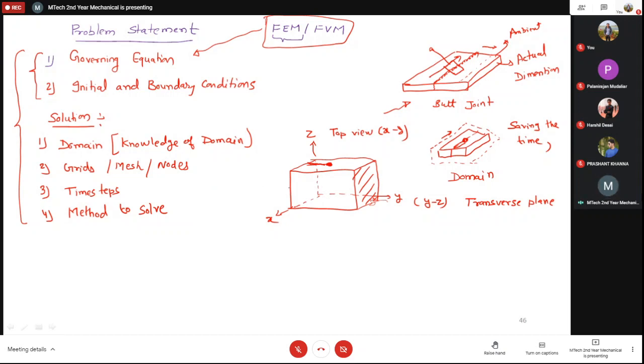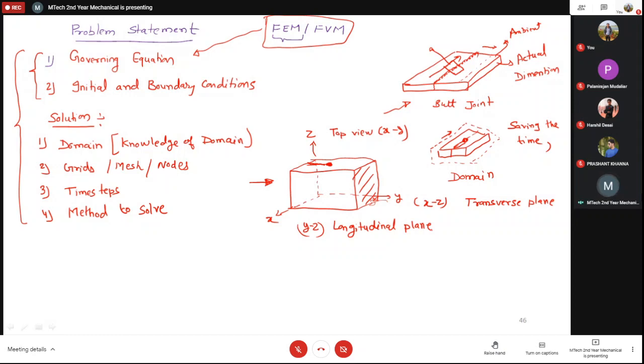Then we have this plane, which is the XZ plane. So this is X plane, and then we have this YZ plane here like this. Okay, so our heat source is moving in this direction over the top view. So this plane is, let's say, the longitudinal way. Okay, so we have the different planes, and based on these different planes, we will get different information, which we will see.